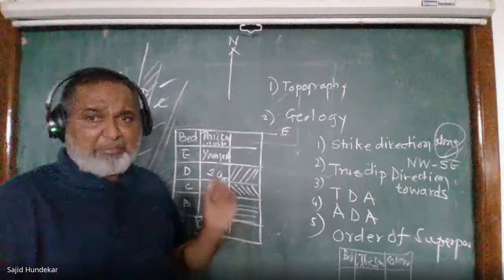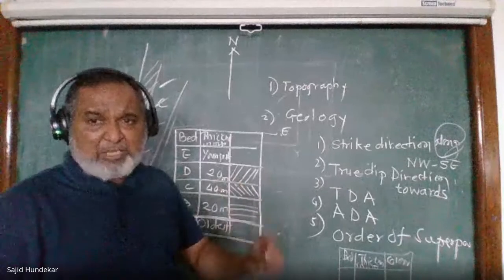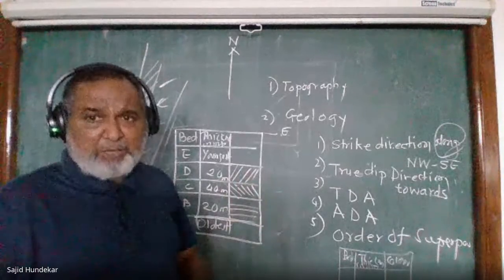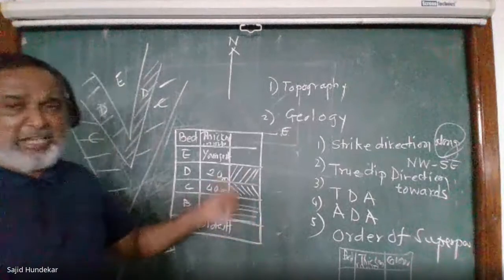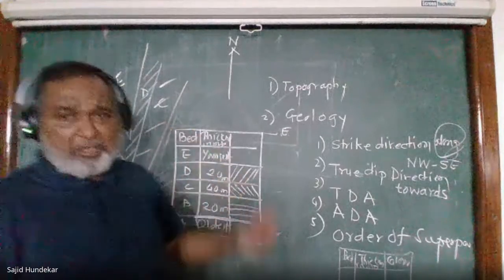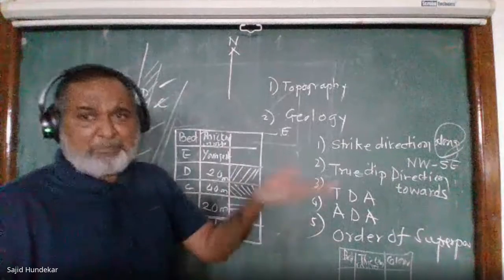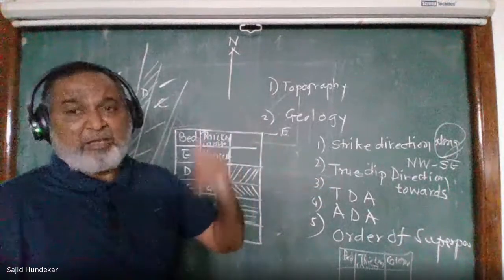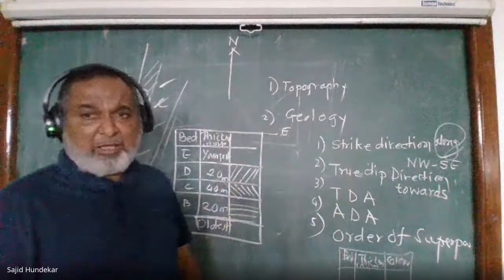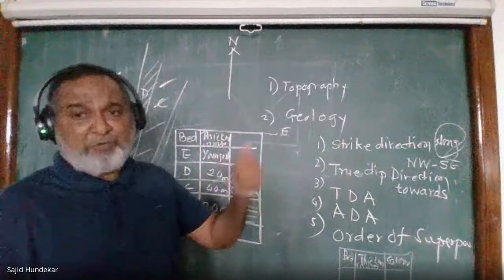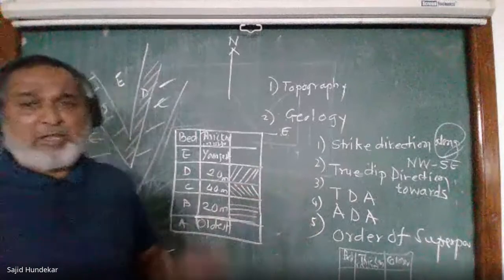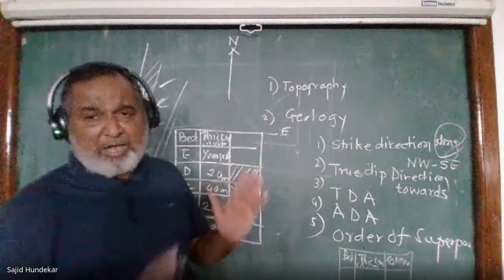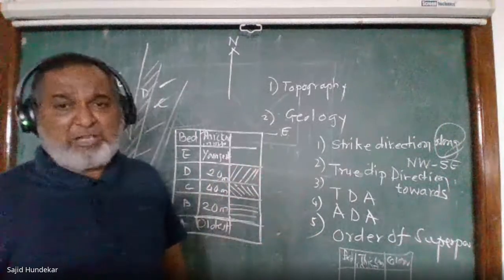The given map represents a conformable series of inclined beds deposited, A followed by bed B, C, D, and E respectively. The whole series of beds were uplifted, tilted, intruded by igneous intrusion, and exposed to weathering to attain present topography. So that is what we have to write about the history.